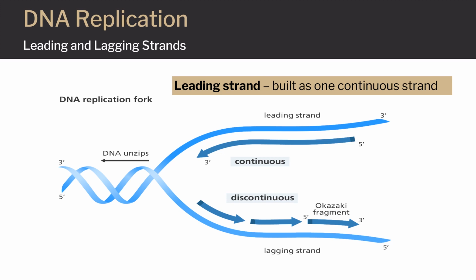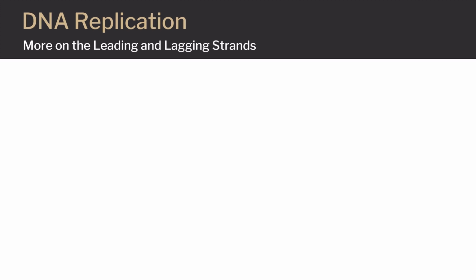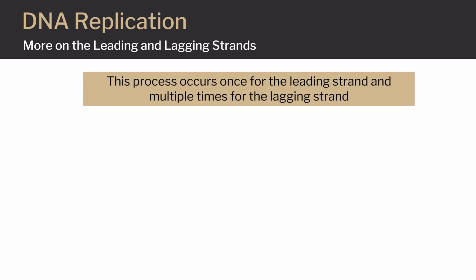So, how does it make the second complementary strand that goes from 3' to 5'? This second strand, which is known as the lagging strand, is built by using multiple primers rather than just one. DNA polymerase then adds pieces of DNA called Okazaki fragments to the space between each of the primers, creating a discontinuous or fragmented DNA strand. As mentioned previously, the leading strand is built as one continuous strand, whereas the lagging strand is built in fragments